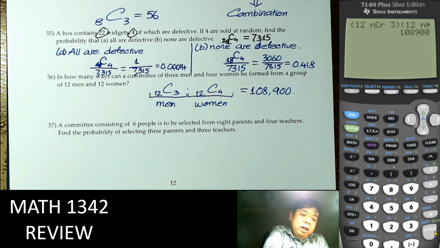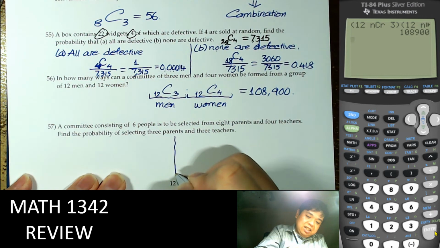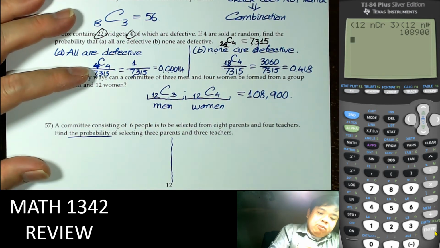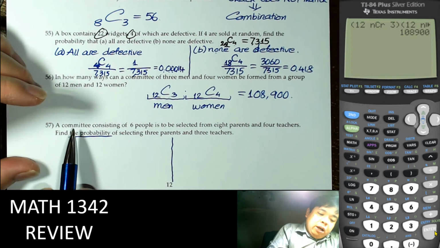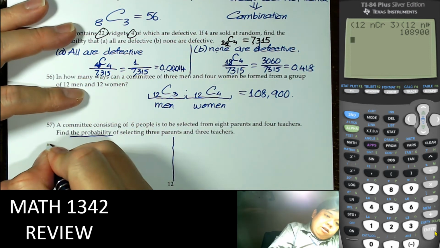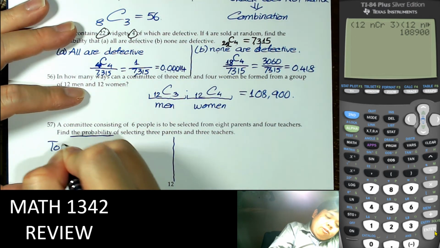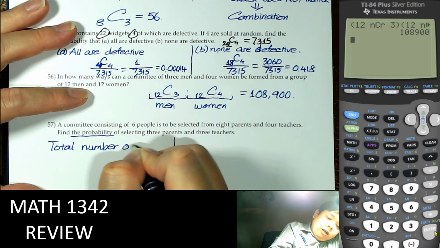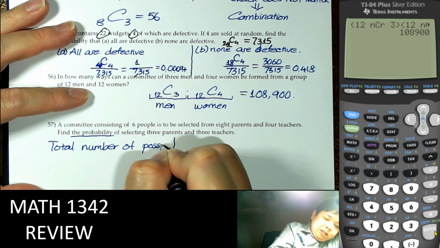A committee consists of 6 people to be selected from 8 parents and 4 teachers. Find the probability that we select 3 parents and 3 teachers. Right, so this is 2 steps. This asks for the probability, so we're not just counting like this. Right, so a committee of 6. So the total number of possible committees